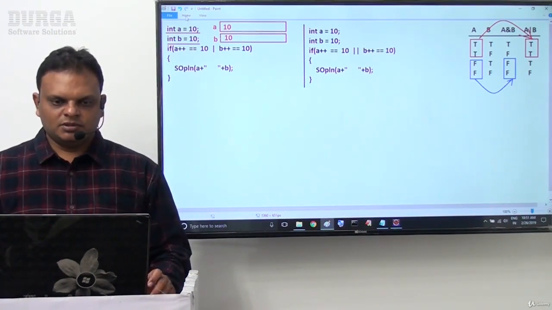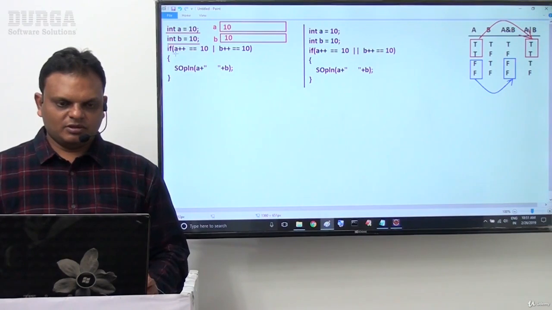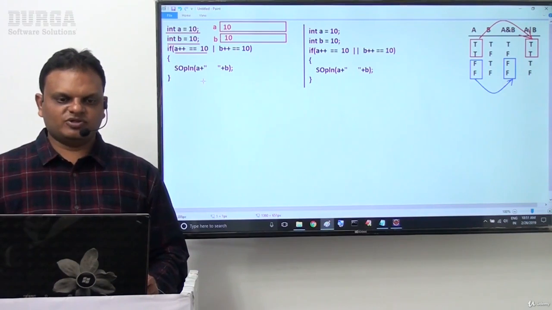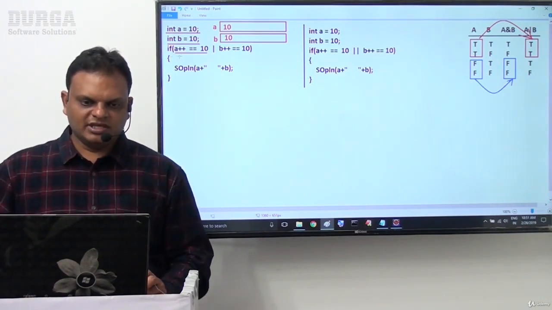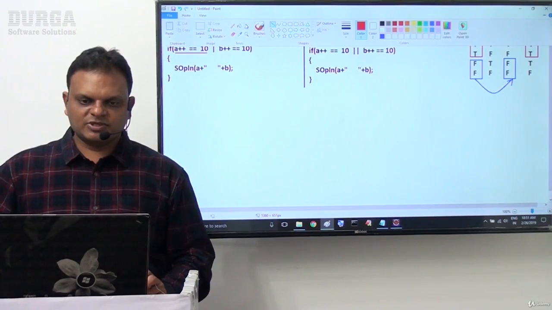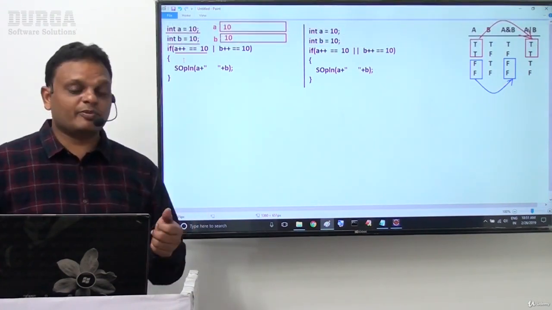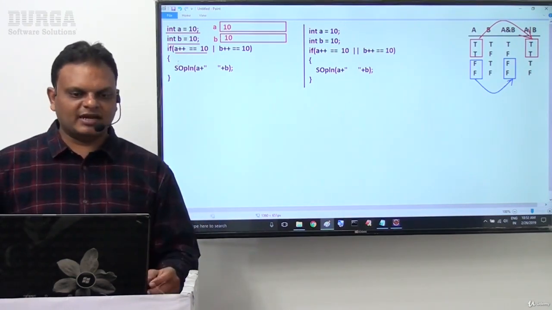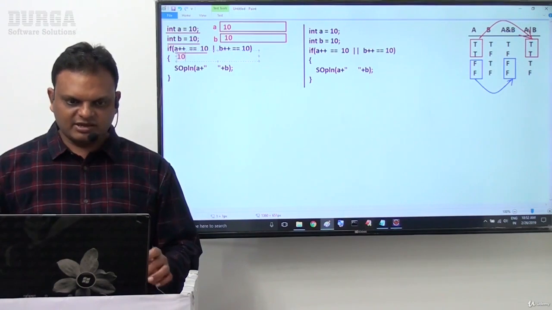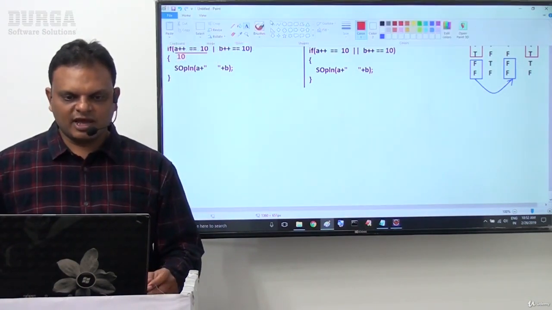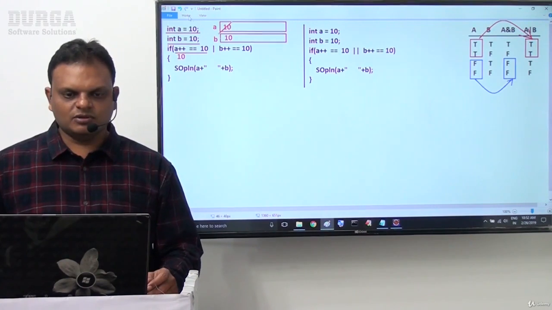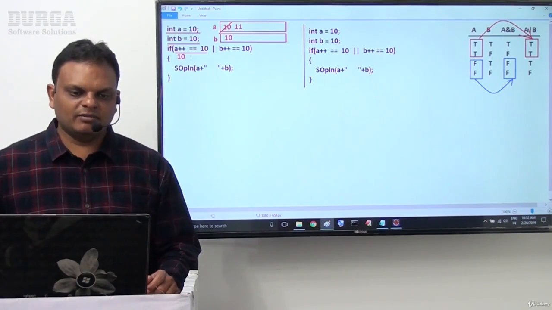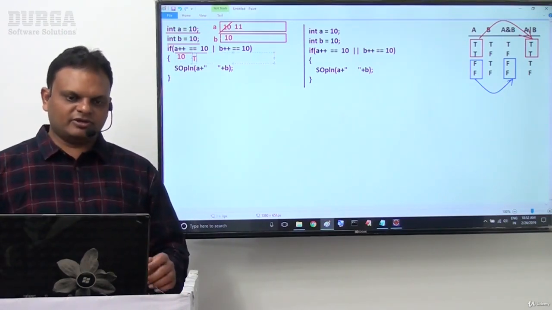Good. Now coming to this total expression here, the first if condition. First, the JVM will evaluate which one here now? The first expression, that means operand 1: a++ == 10. In a++ == 10, a++ is which operator now? Post-increment operator. If it is the post-increment operator, first the a value will participate in this expression. Now here a is available. a is which one? The 10 now. But internally what happened there? The a value is incremented by 1, so now 11 is the value we are getting. It's okay: 10 == 10. What is the value here now? True is the value we are getting.